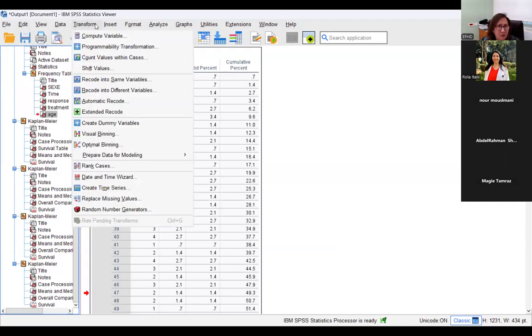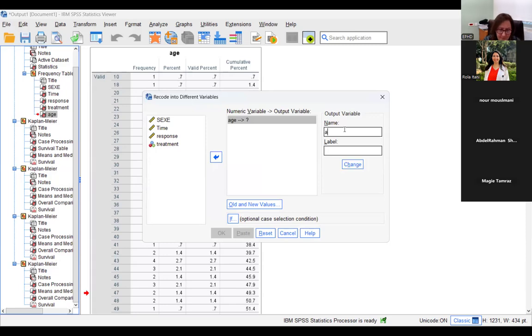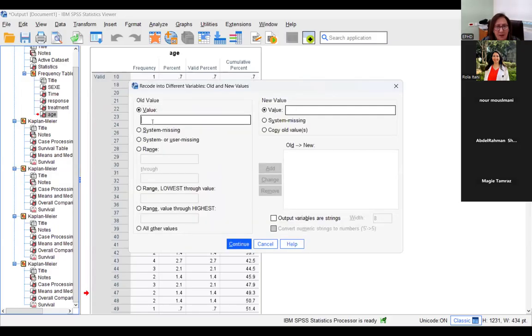So you Transform, Recode into Different Variables, exactly. So my age, we can call it age group, let's say, age group underscore category. Okay, then I change it, and then I go to old and new values, and I would put, let's say, 1 for